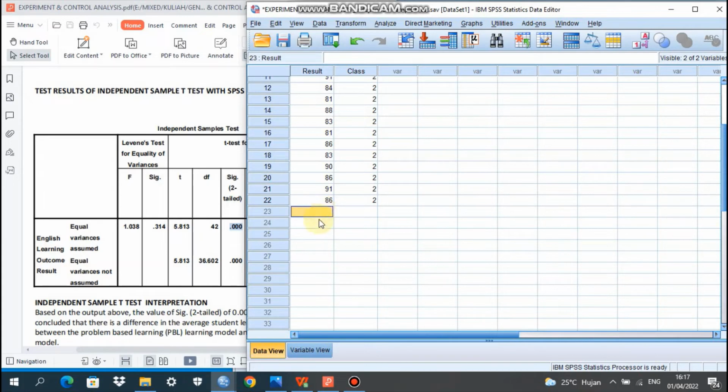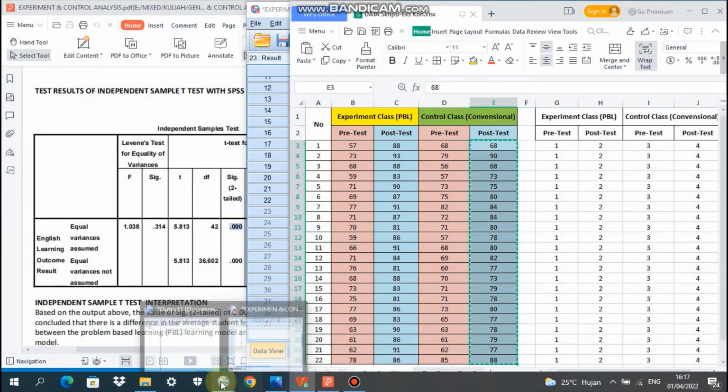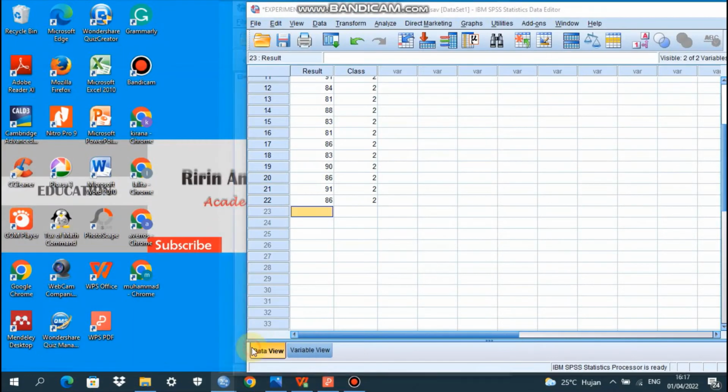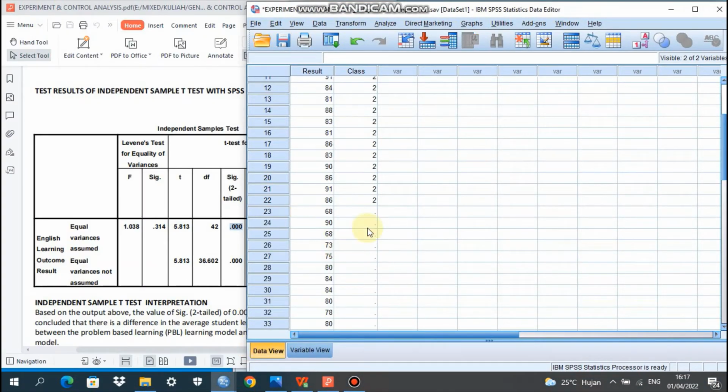It is filled with the data from the Excel file taken from the post-test in the control class, the implementation of the conventional model, from 22 participants. Okay, we go to line 23 here, just paste. And then we go to class.